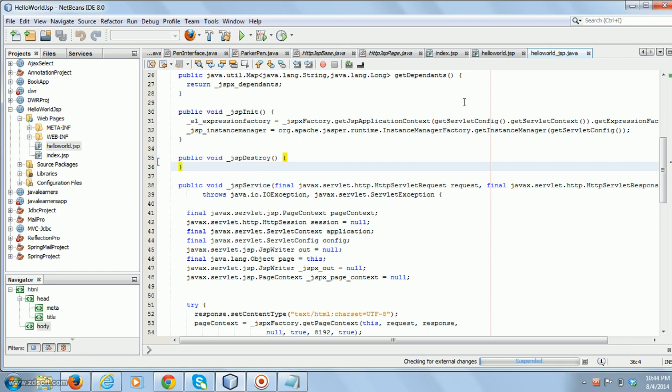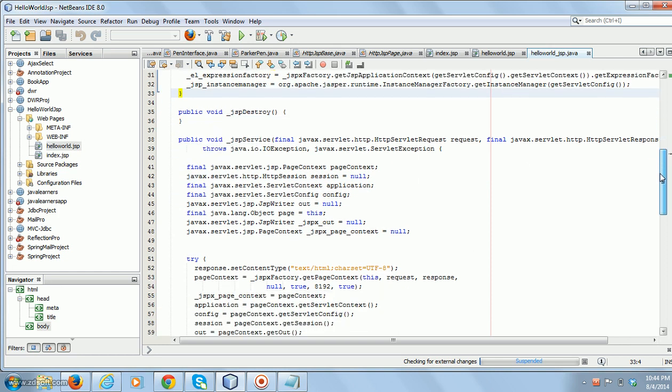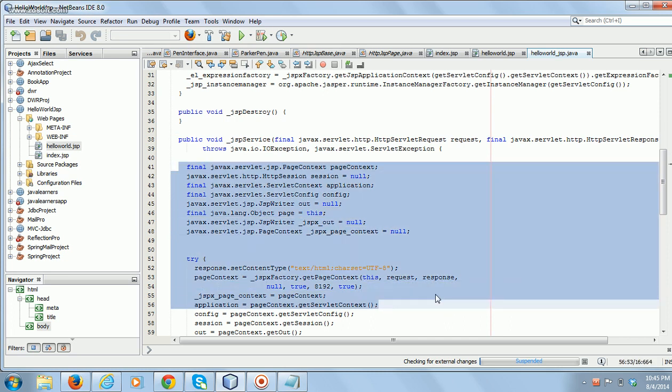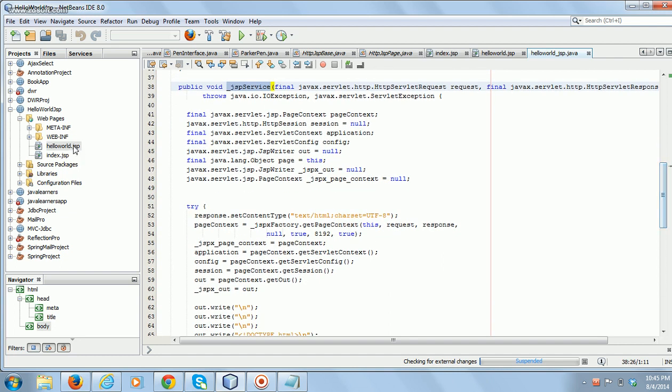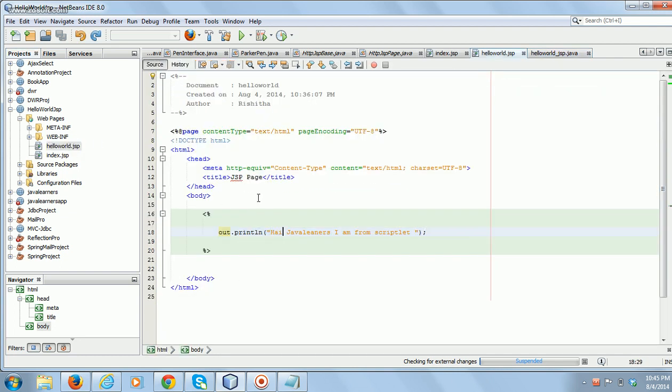Who does this work? The container will, while converting the JSP page into the servlet, move the JSP code into the JSP service method. This is simplification. Instead of you writing the servlet, the container takes care of creating the servlet and sending this content to the browser using JSP writer object.